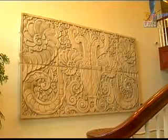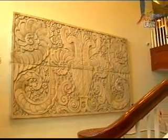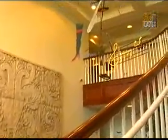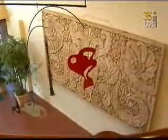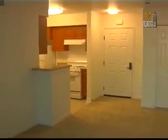Welcome to our Rittenhouse Square lobby area. You'll notice a piece of artwork that was here before our building was built. This was actually a piece from the building before. We have a beautiful mobile that represents Central Avenue Jazz. This is a typical one-bedroom apartment. All of our